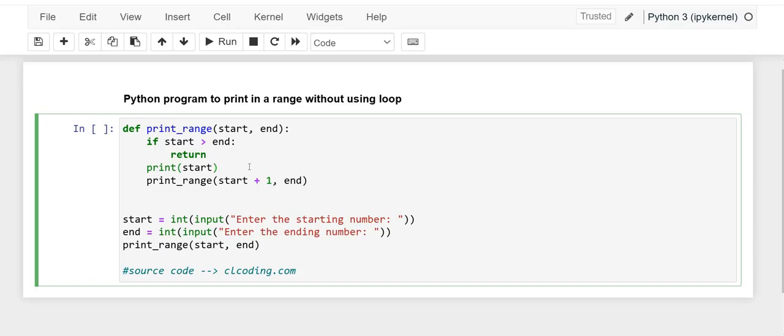Now, in the next line, it prints the current value of start and outputs the current number in the range before proceeding to the next one. Here, in the next line, this calls the printRange function again, incrementing start by 1 while keeping end unchanged. It progresses the recursion by moving closer to the base case, ensuring all the numbers from start to end are